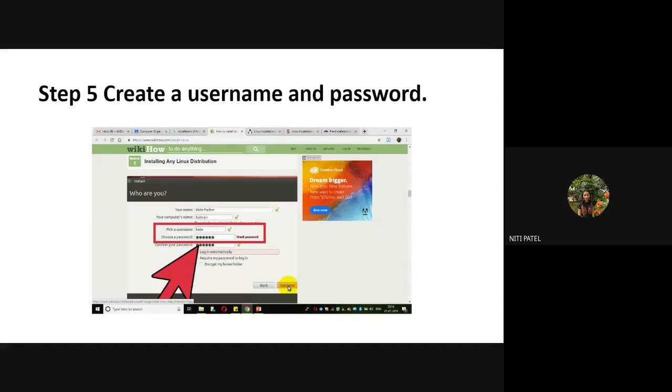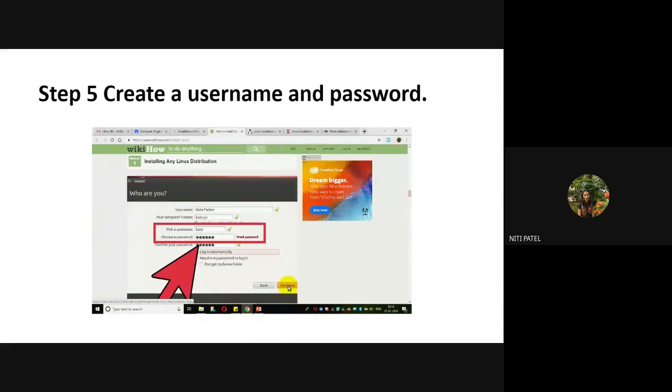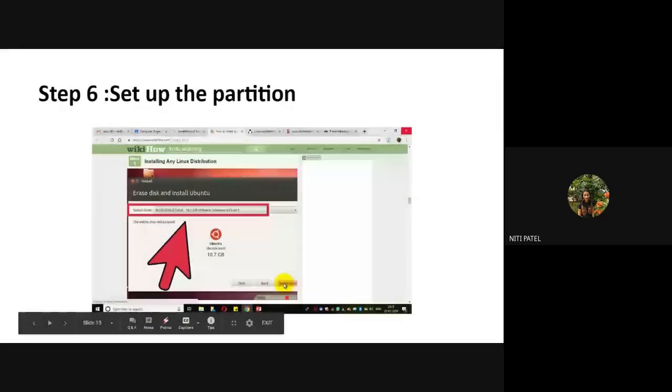This is how I differentiate between root and normal user. At the time of installation, you are acting as the admin of the system. Later, if you create multiple users, those users will behave like normal users until you give your password to them. Clear? So this is where I give my password, and after that I simply click on continue.